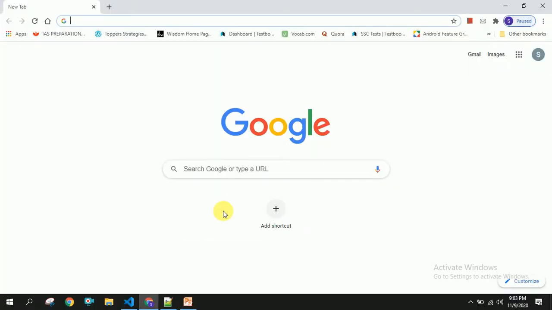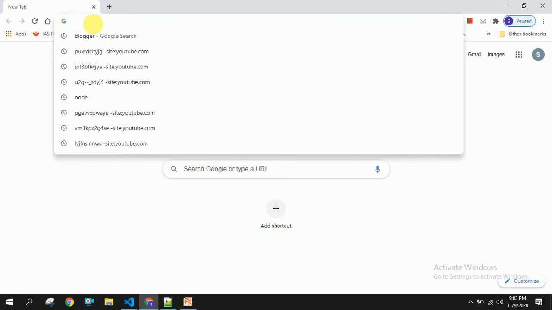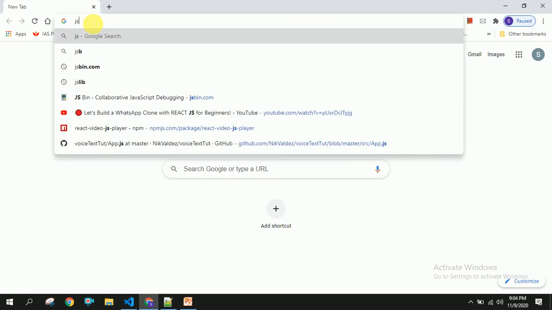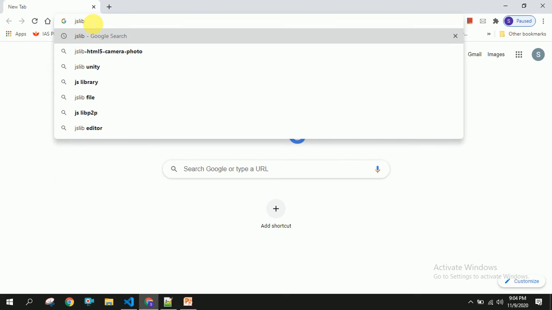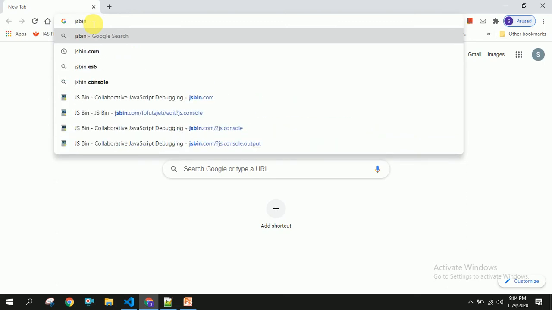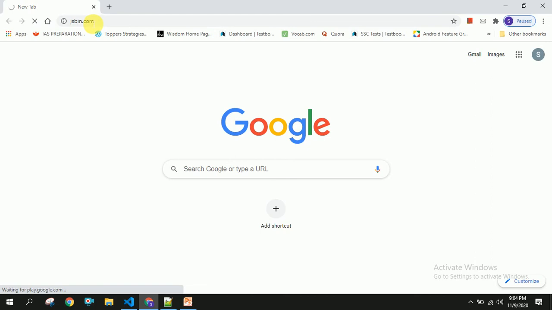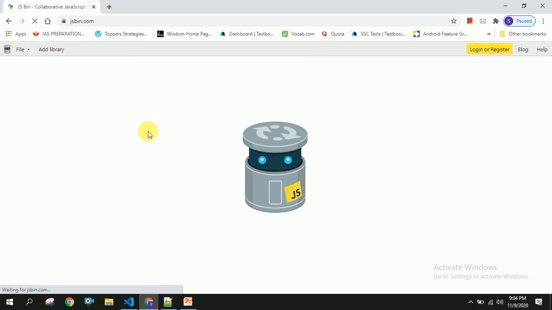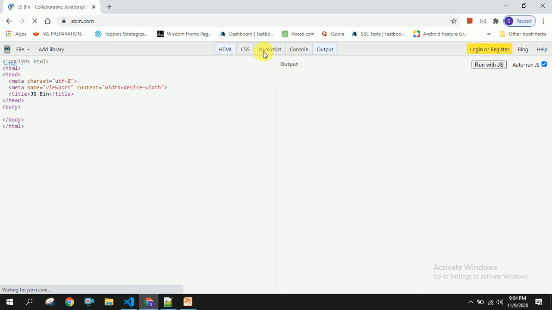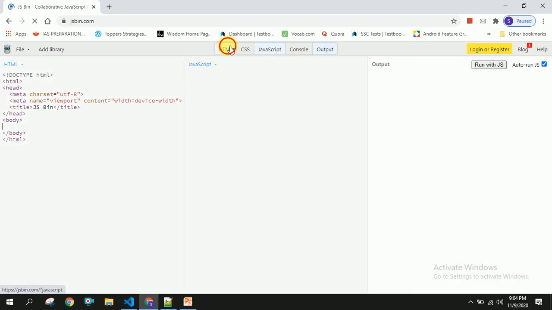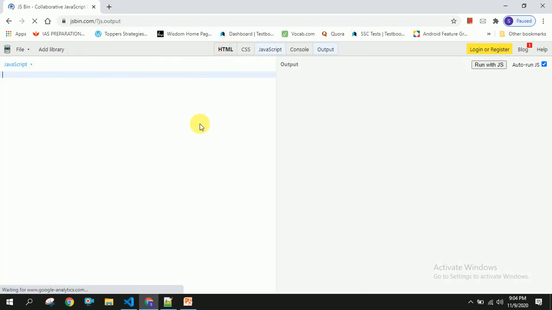So I am going to open an online platform, jsbin.com. You can select JavaScript and console here, and I'm going to create a variable by using var.